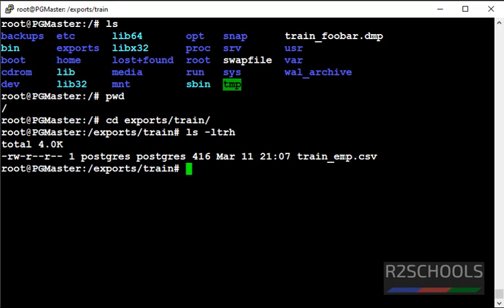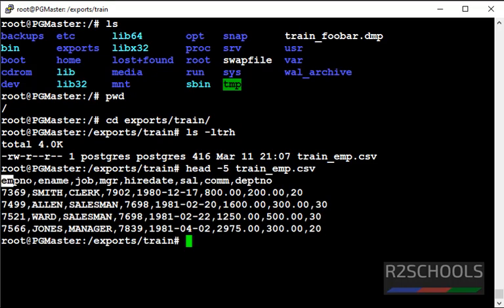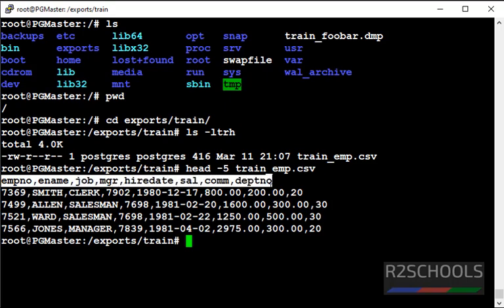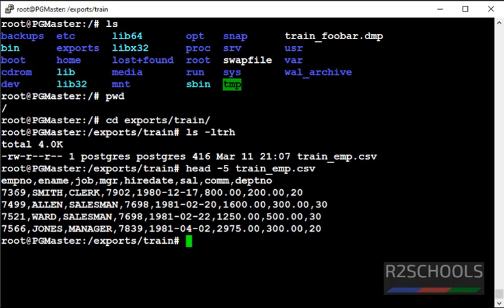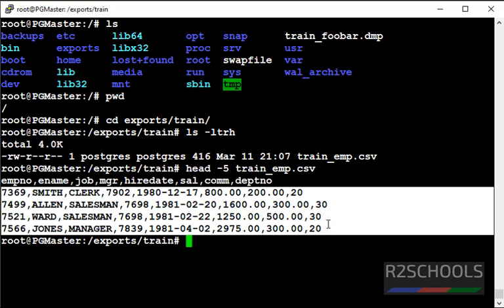See, the file has been created, and let's verify the contents of this CSV file. head -file, then the file name. See, first row contains table column names and remaining lines contain the actual data.